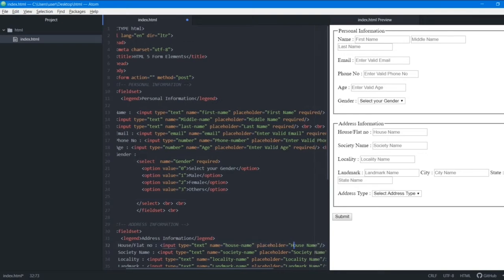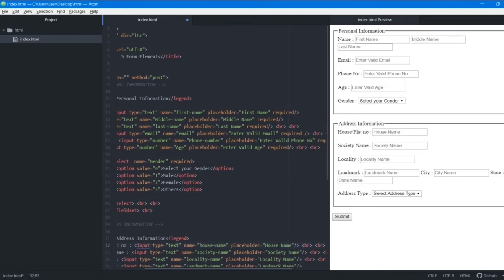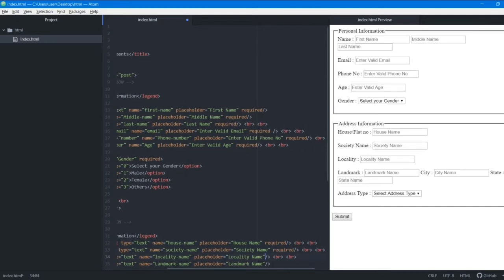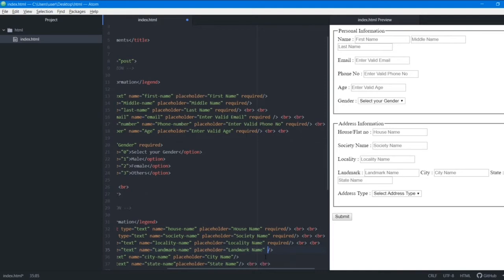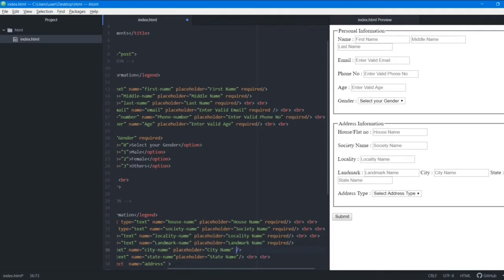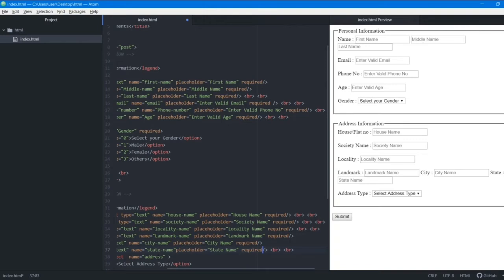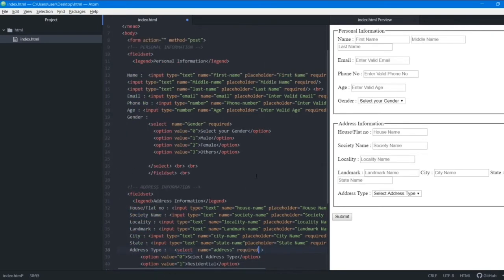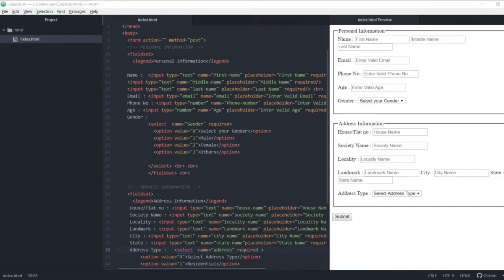Again, we'll go here and paste it, again here, again, and I'll just show you what it does. After I save it, we'll open it in a browser and check it out. Okay, so now I've put required in every part. Now let's save it. Let's go to a browser.